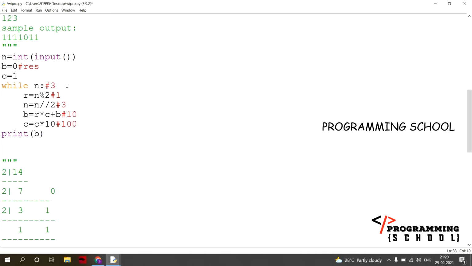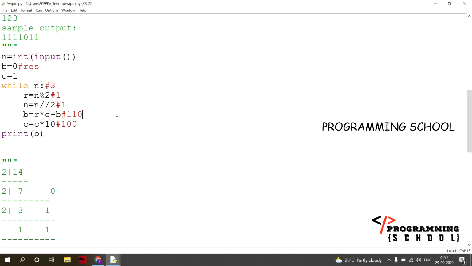N value is going to be 3 now. And coming here, yes, with 3, the remainder is also 2, and then it is going to be 1. And now coming here, what is R value? R value is going to be 1. 1 into 100 plus, what is B value initially? The B value is going to be 10, right? Then 1 into 10, that is going to be 100, 100 plus 10, 110.